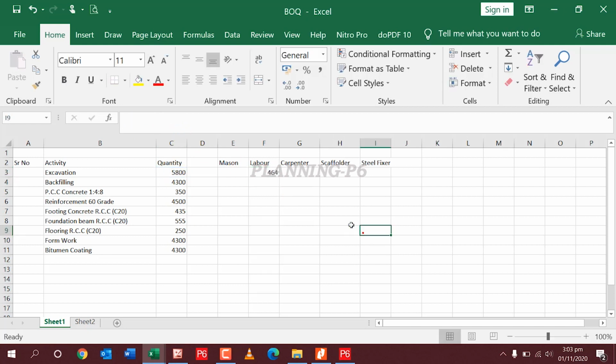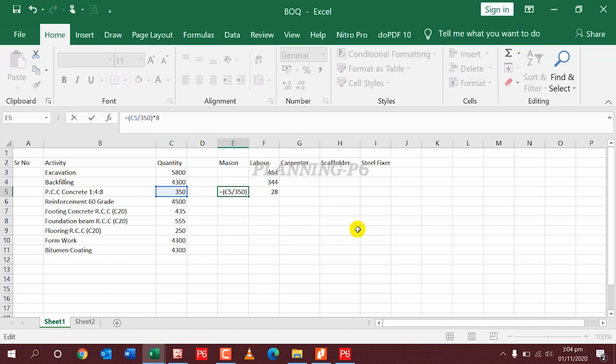Labor work, Control C, Control V, PCC work, eight hours.